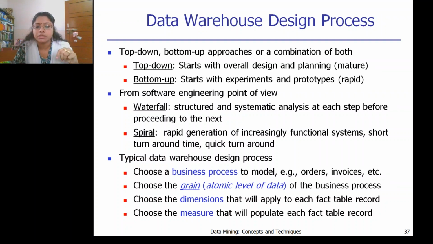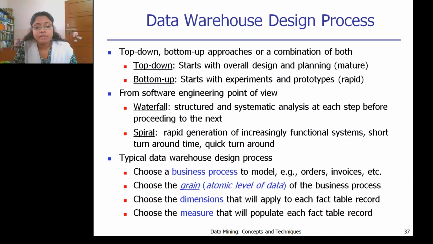Here one more thing: we need to be very cautious in deciding all these things. If you simply design anything, that won't be a very good design. You need to understand the domain knowledge also. Domain knowledge is very important for analyzing which business processes need to be modeled, and they should be very important and significant ones.